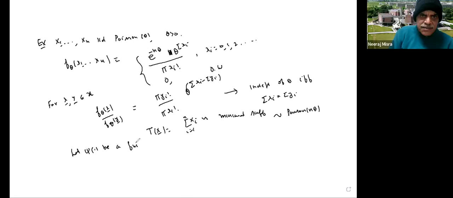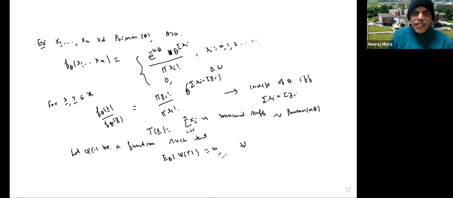Let ψ be a function such that the expected value of ψ(T) is 0 for every point in the parameter space. My parameter space is any θ greater than 0, so this is for every θ greater than 0. What does that mean? Let me write it down over here. That means, since T is Poisson(nθ),